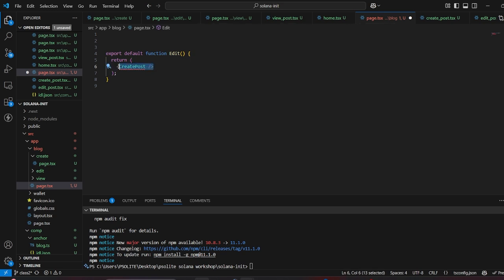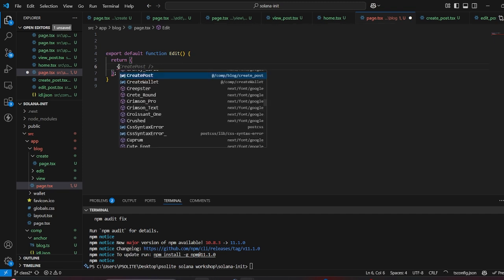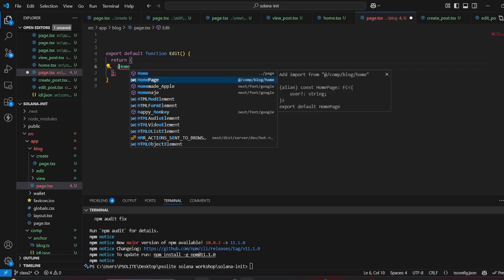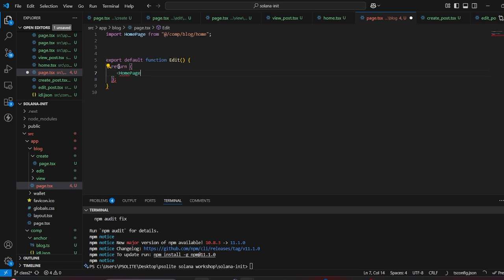So let's import, okay, we should be importing home, right? Home from blog, okay, home page, yeah, from blog. So I think we should have something displayed. I think we have some posts already on it. So let's kind of see